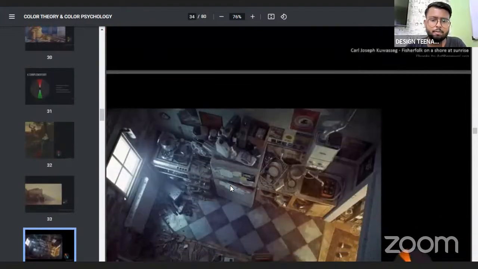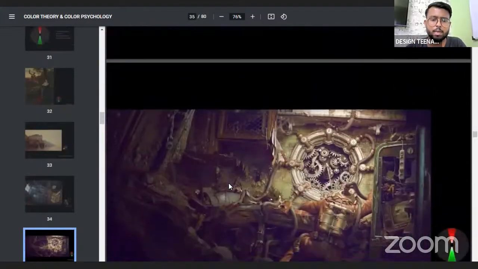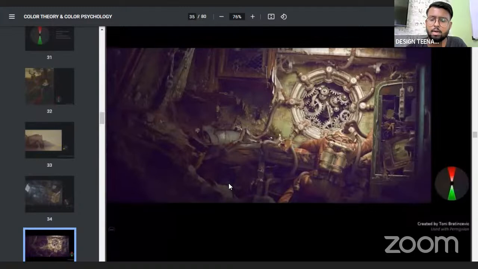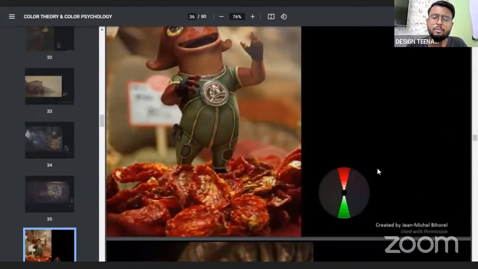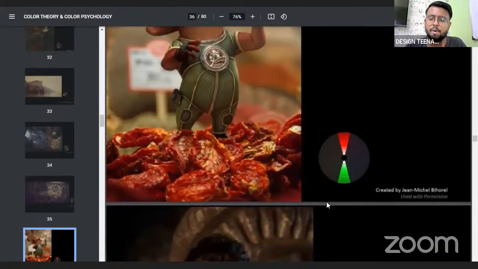Okay. Now here are a few examples we have been through. We have seen you can go through these compositions and understand the usage of the complementary color scheme in these compositions. See, in most of the compositions it is red and green, but it shouldn't always be the same. There can be several things which can happen. So make sure you remember that there can be several things which can happen also.